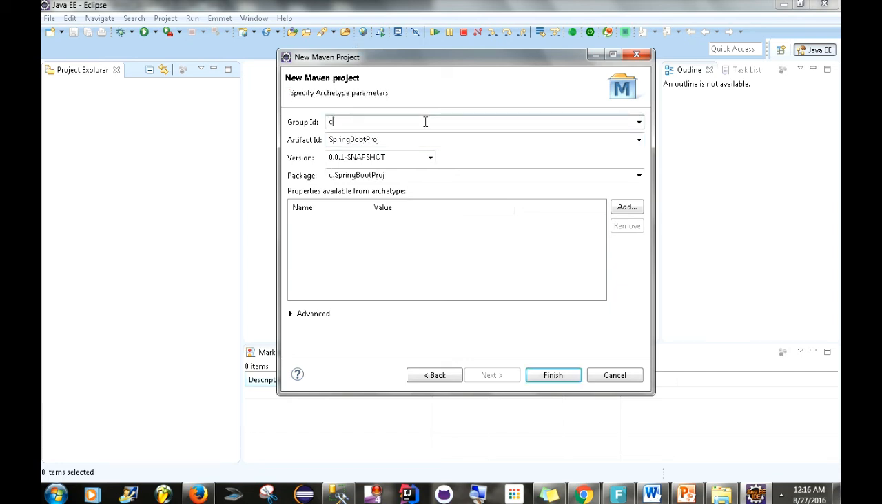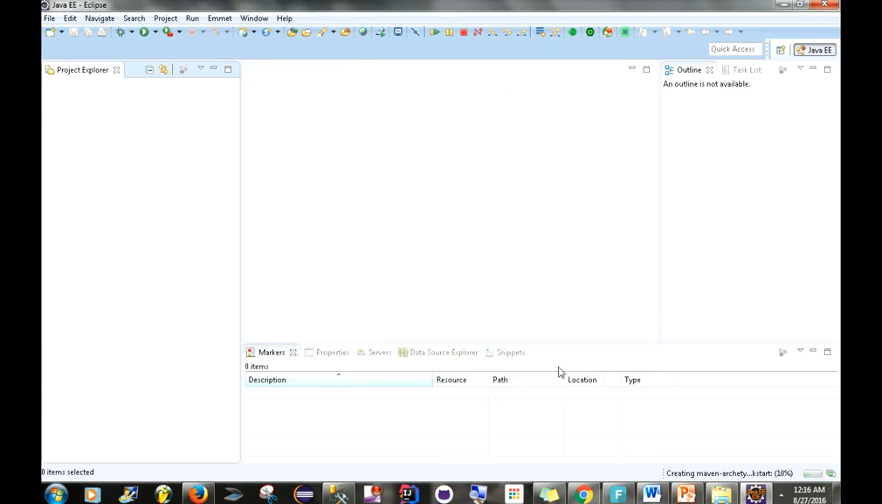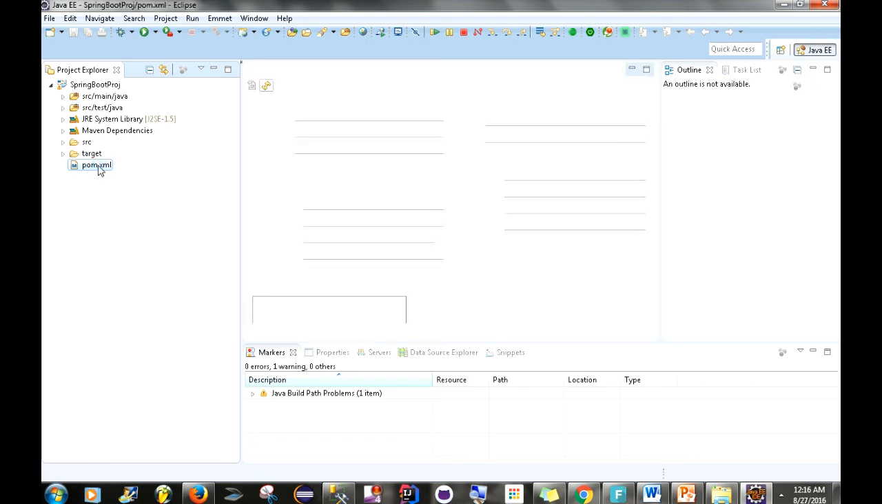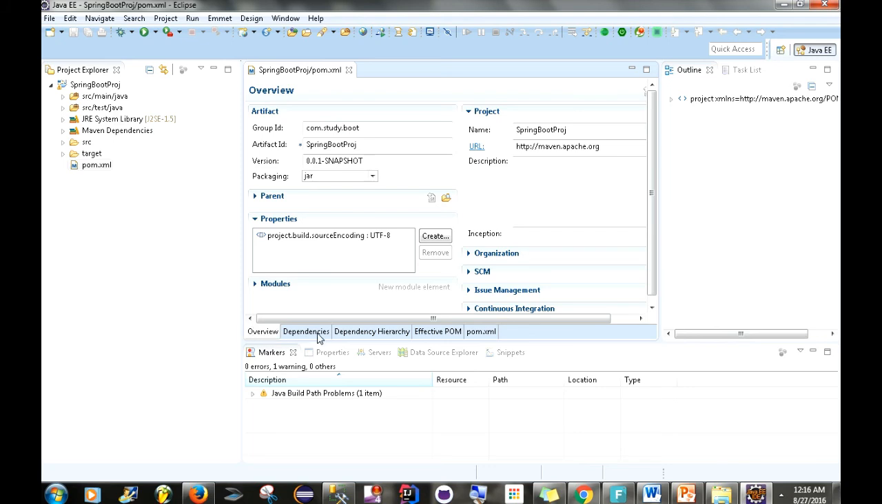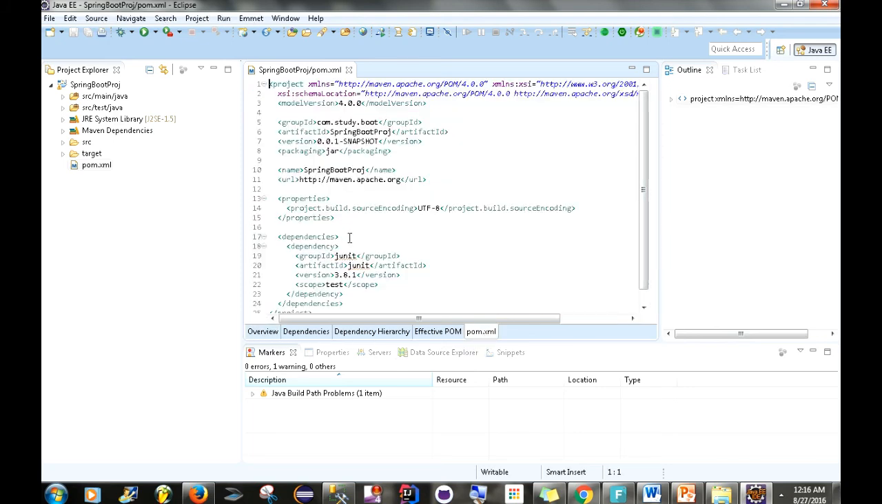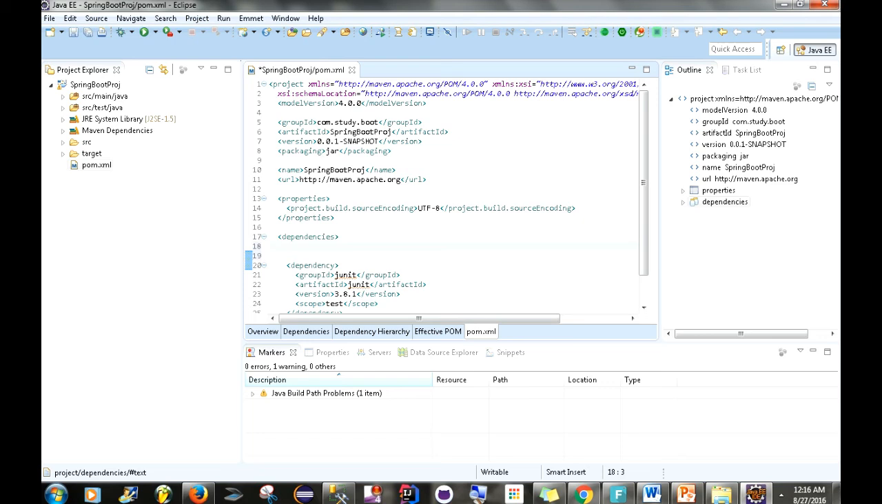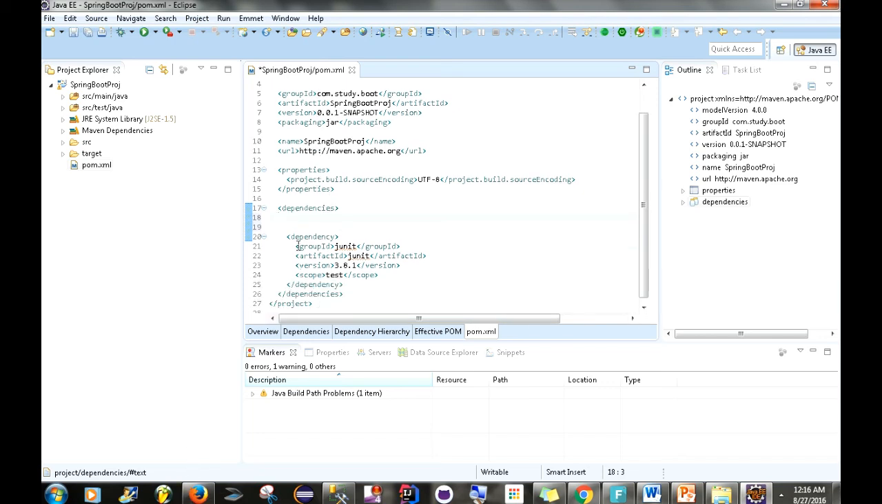All right, then we're just going to go com.study.boot. Go to finish. It'll take a certain time for our application to load up. All right, so just like before, the first thing that we need to do is add our dependencies. So we want to go to our pom.xml file, and then we want to go down here to this tab, pom.xml, and then from here we just want to add our dependencies. So in order to figure out what dependency we need for SpringBoot, you can simply go to